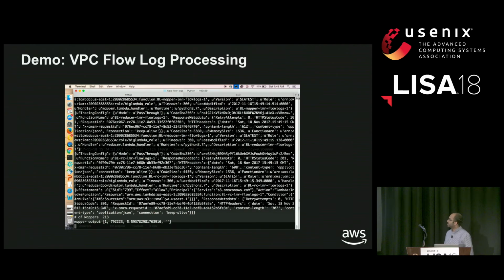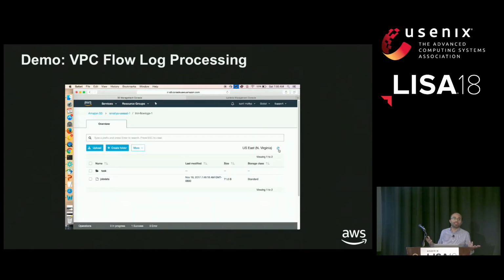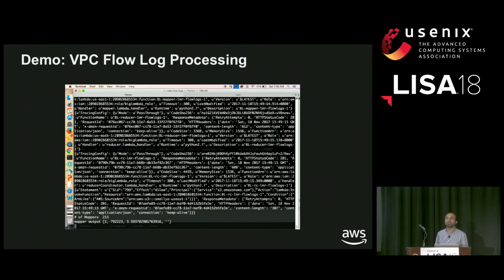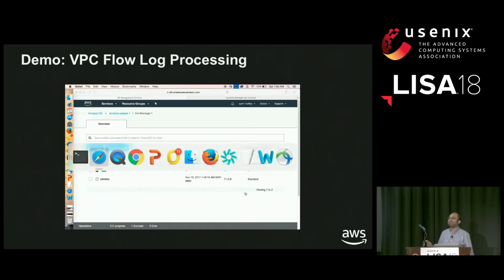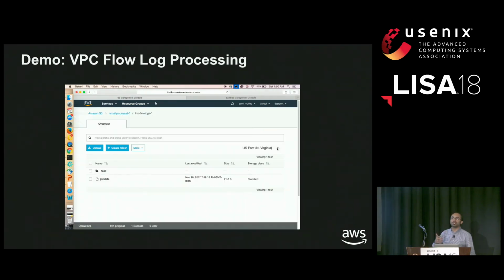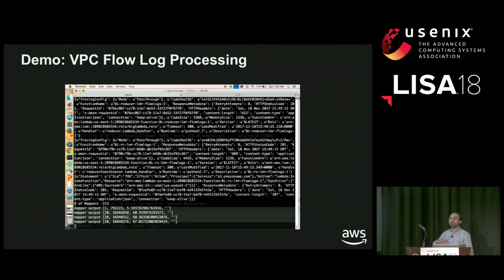And what's great is, if you look, we've mapped it to 213 mappers. So in an instant, we can spin up these containers or Lambda functions, because they're spread, as long as you're not looking for applications that run 1 second. Right, the spin up time gets amortized over the runtime,